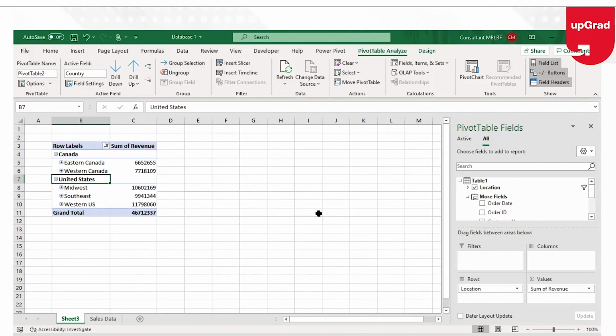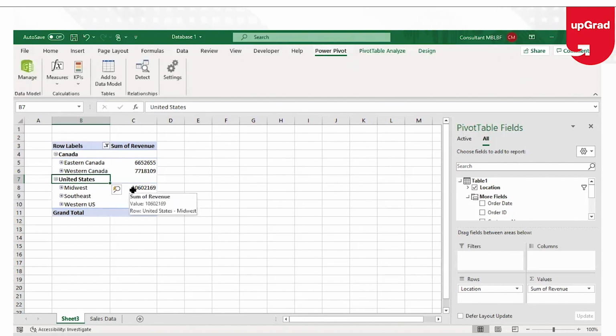So this was a kind of group selection option which is already available in the pivot table, but the group selection option in the pivot table is a little complicated, and with text data it gets a little difficult to group any information. It is more useful when you have numbers or dates that you want to group. With text, it would be very, very simple if you use the Power Pivot method to just create hierarchies out of the data that you have.